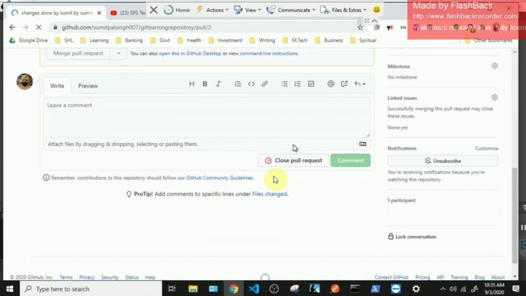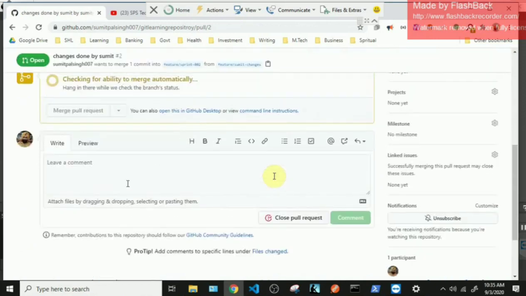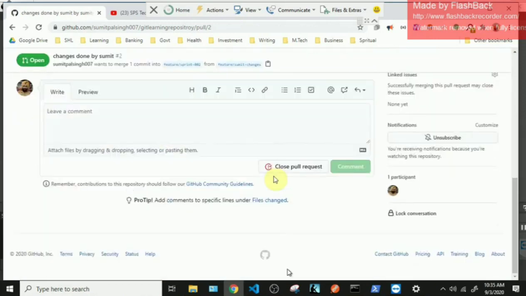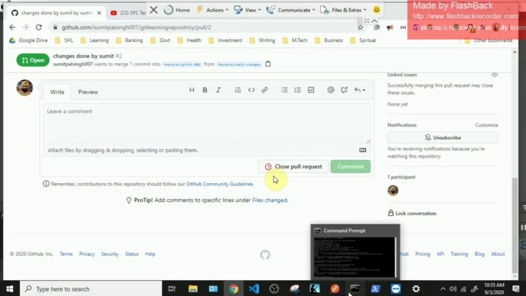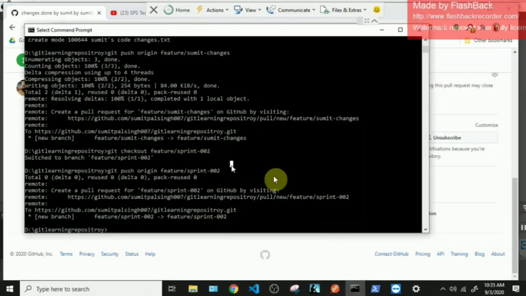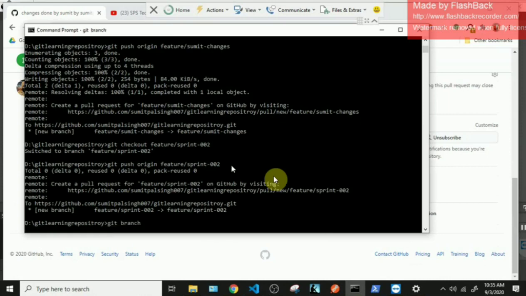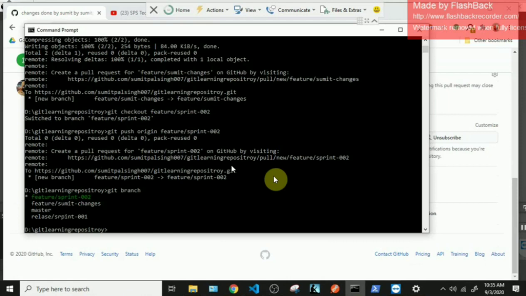Let's see what Devinder is doing. So we are currently at the sprint 002 branch. Now Devinder is also working parallelly with Sumit. So what Devinder will do, git checkout, he'll create his own custom branch. -b is for new branch, feature Devinder changes.